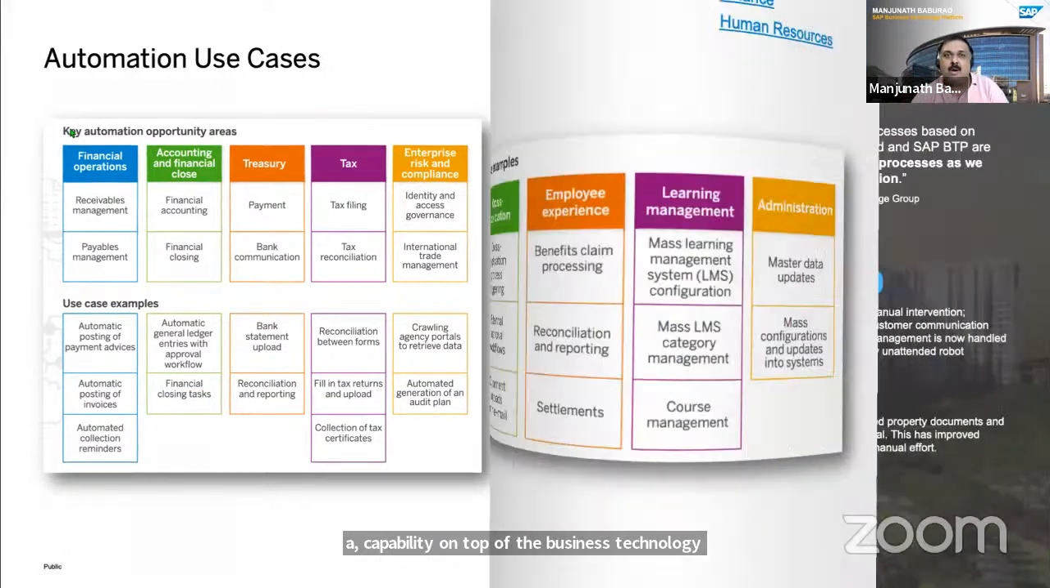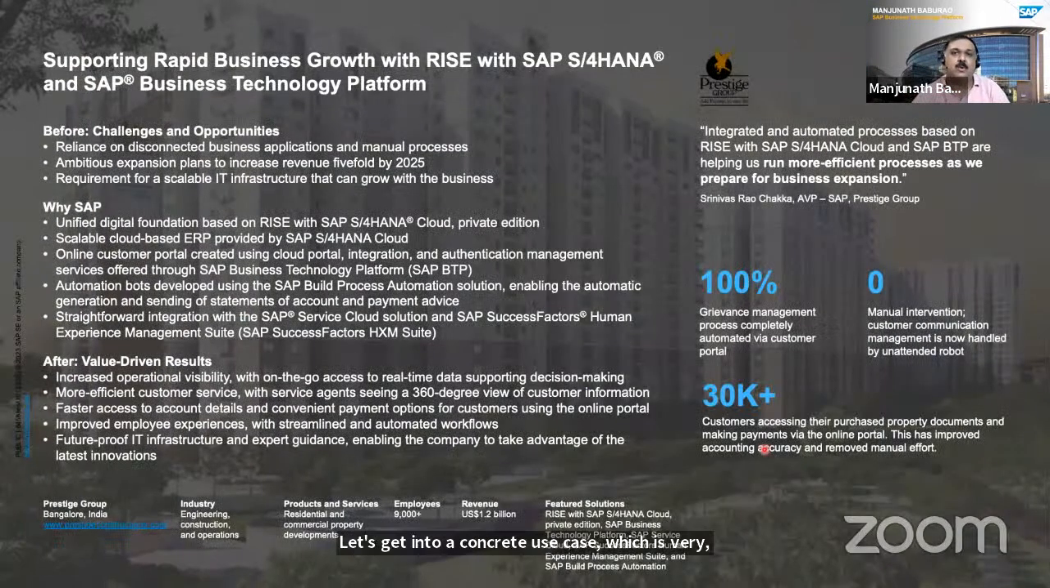Let's get into a concrete use case, which is very, very close to home, at least for me. This is Prestige Constructions, based out of Bangalore. As the name indicates, they are heavily into engineering and construction of properties, a lot of apartments and commercial properties, not just across Bangalore but across India. It is owned by the Prestige Group. Now,